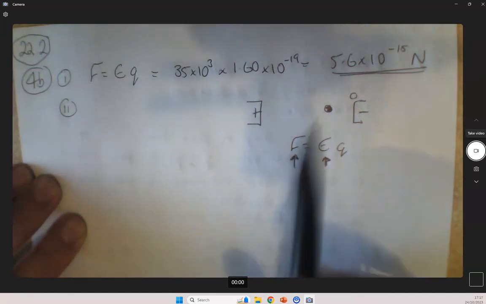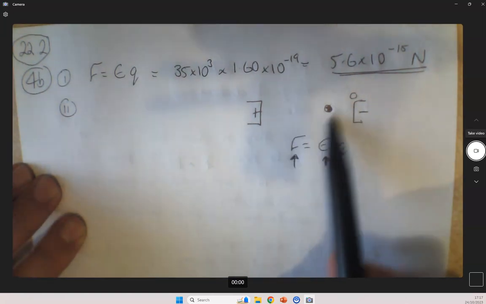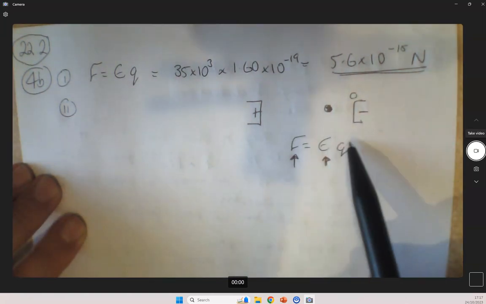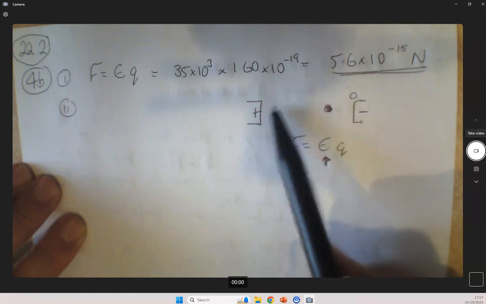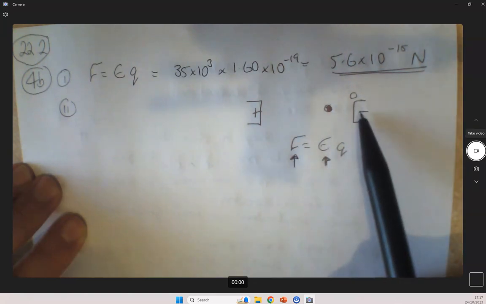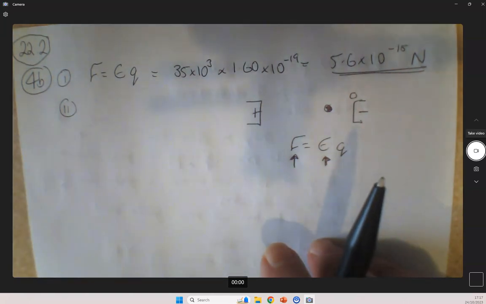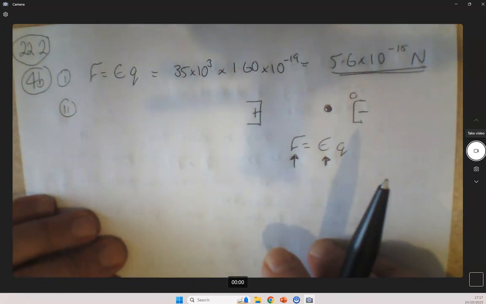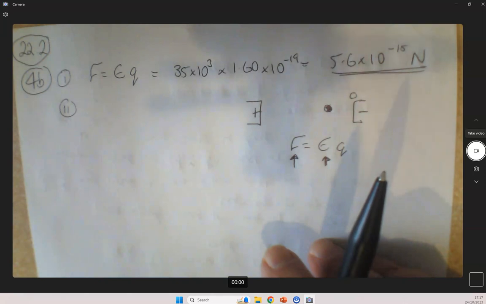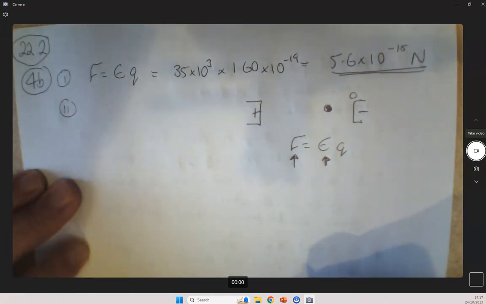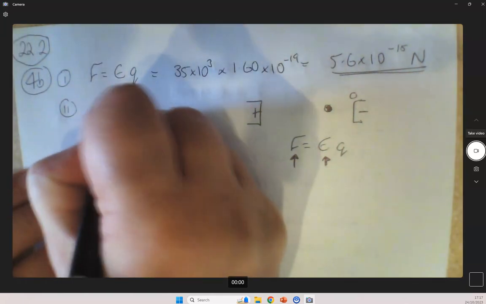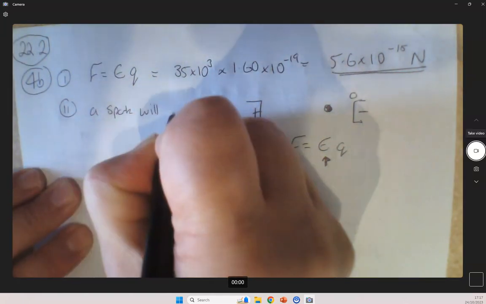So what's going to have to happen is, in between the two you've got an insulator. So you have to reach a point whereby the force on the particle is enough to actually overcome the insulation properties of the material. Now there's a lot more physics to it, but you don't really need to go into that at A level. So the way I would explain this in A level terms is a spark will occur